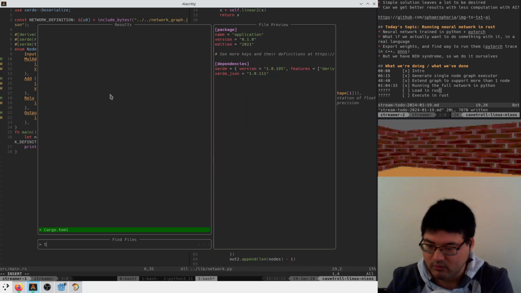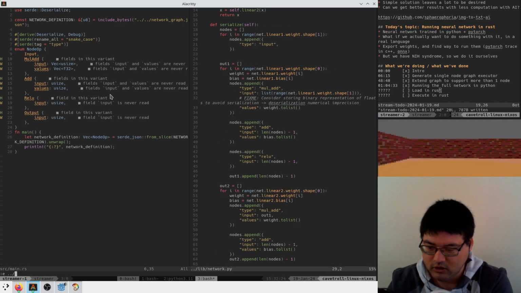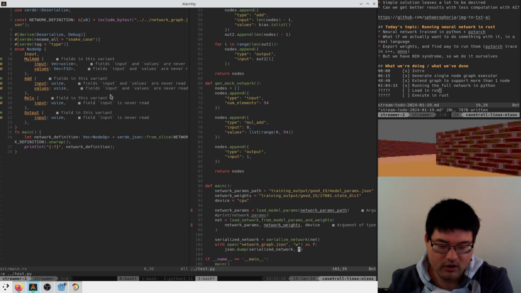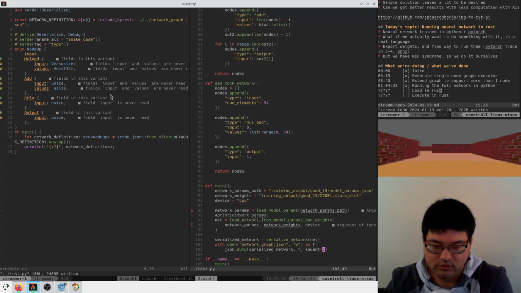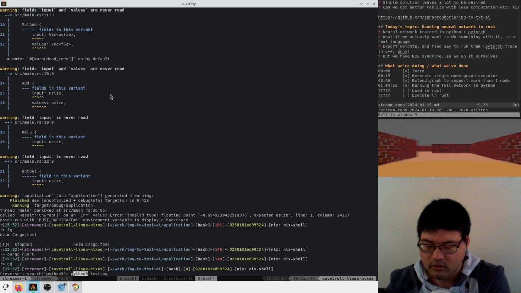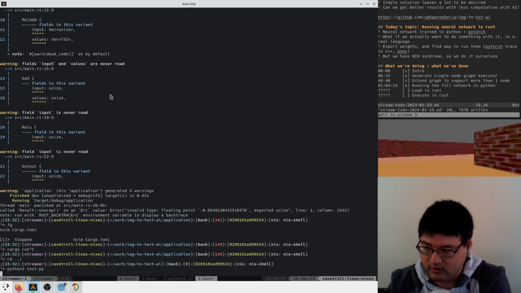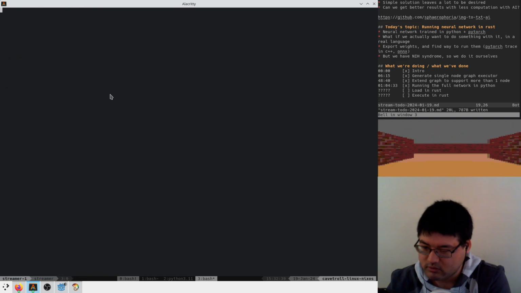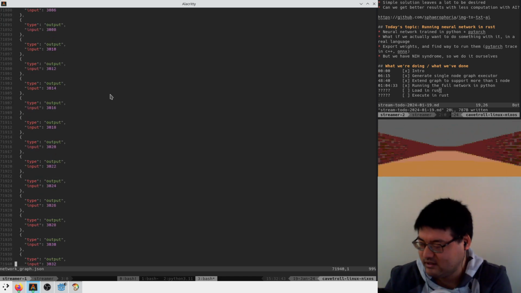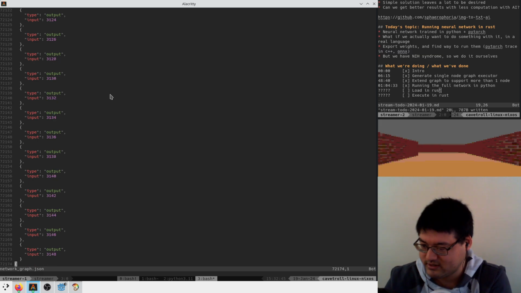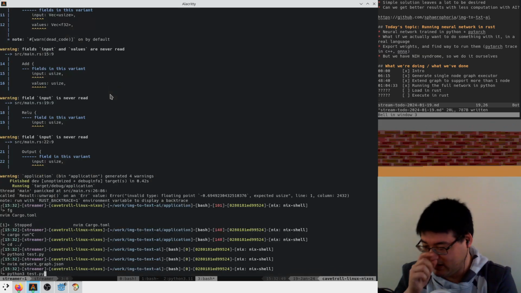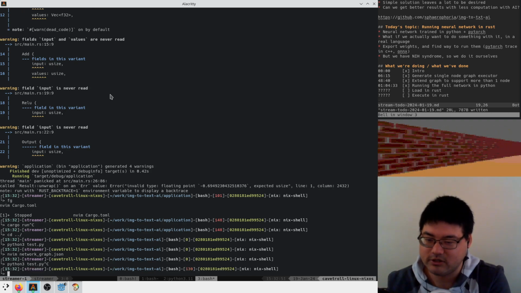Okay, let's improve the way that we can diagnose this. So if we go to our test.py, we can say dump with indent equals 2 so that we get multi-line JSON. We can run this. And now when we look at our network graph, it has lines that we can at least look at. It has 72,000 lines, but hopefully we'll get some better